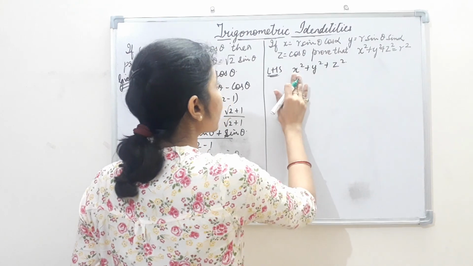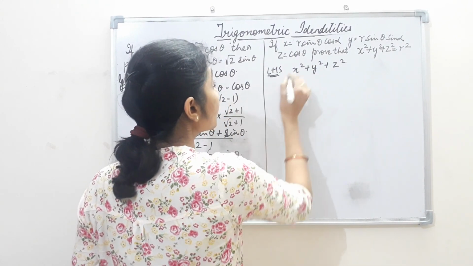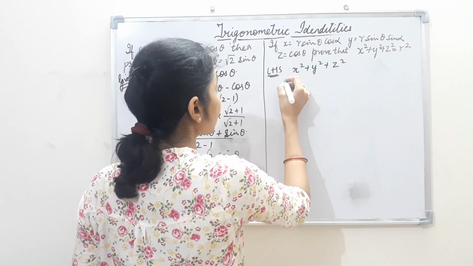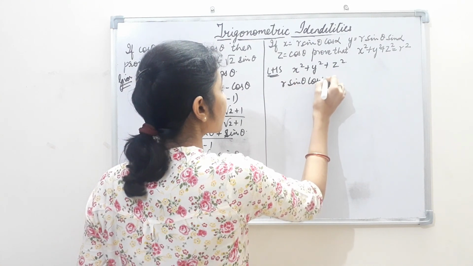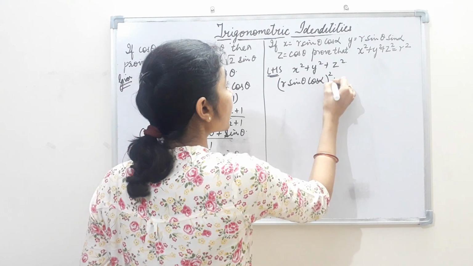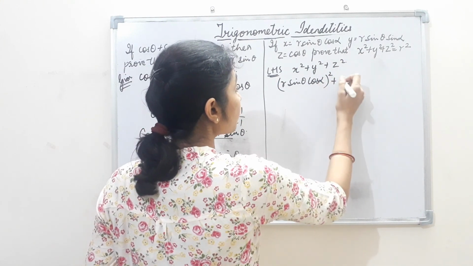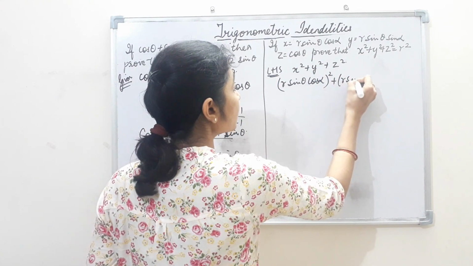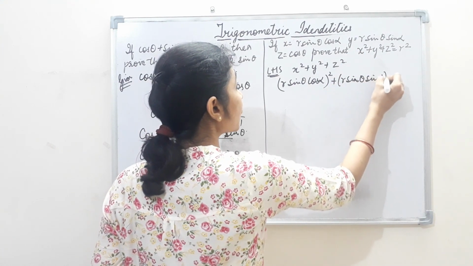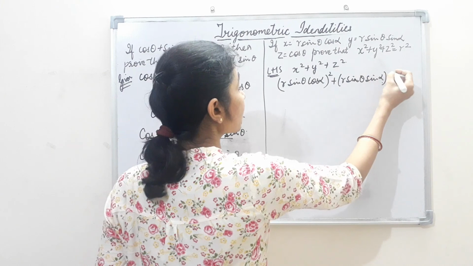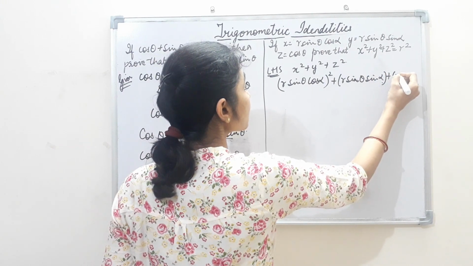Okay, so putting the values, x is equal to r sin theta cos alpha, so r sin theta cos alpha whole square plus the value of y, so r sin theta sin alpha,